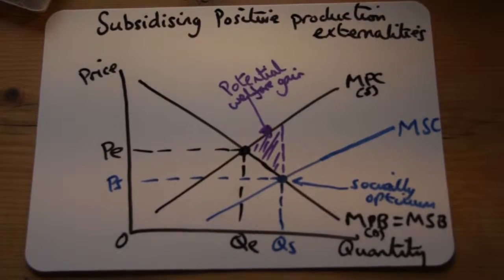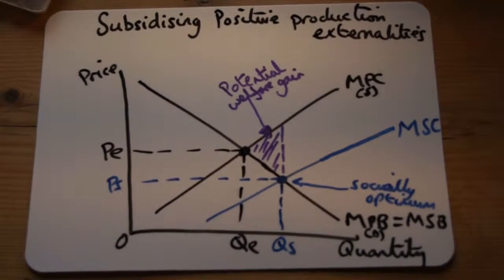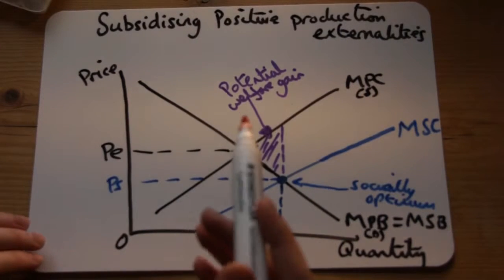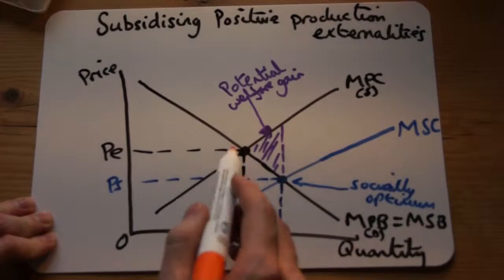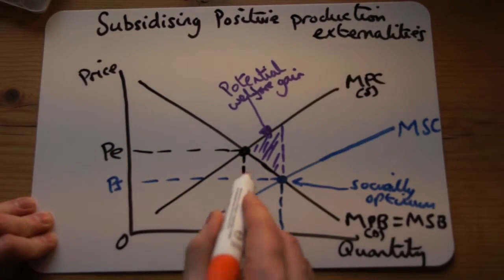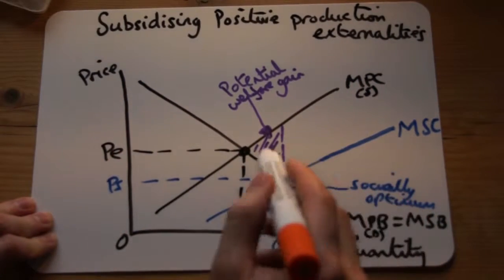This is a how-to guide on subsidising positive production externalities. So how do we draw that on a graph? What we have here is, let's say, staff training again. We have the free market point, where PE and QE are, where supply equals demand. That's the free